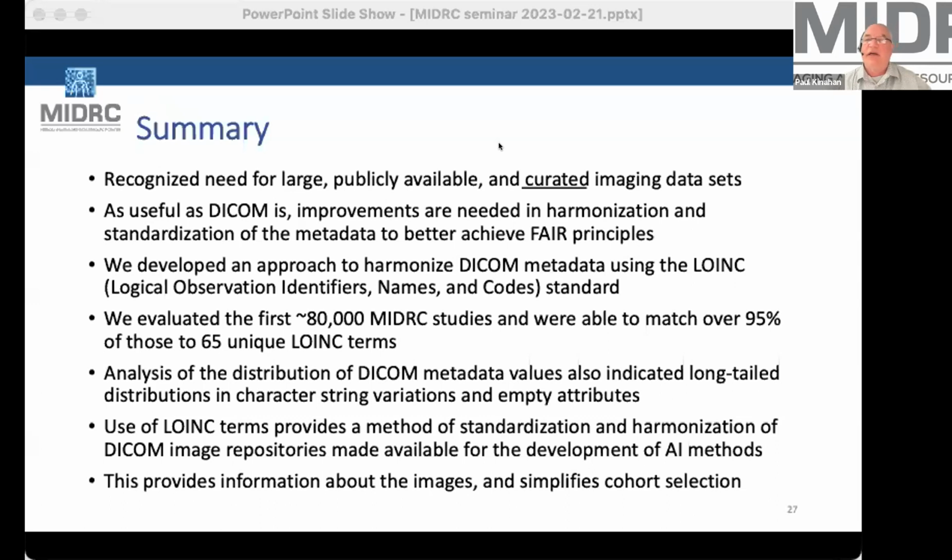It was on one of the slides I skipped over, but 20% of the images have been set aside, as well as developing methods for, if you're going to test an algorithm, what are the metrics you should be using? And the viewpoint is that later, if somebody is going to be using MIDRC to test algorithms and potentially taking it to the FDA, they're being given some guidance about what are the appropriate tests and what data they should be using and things like that.